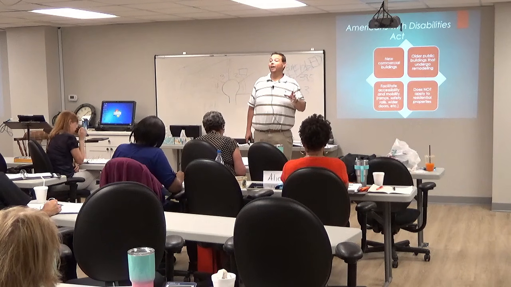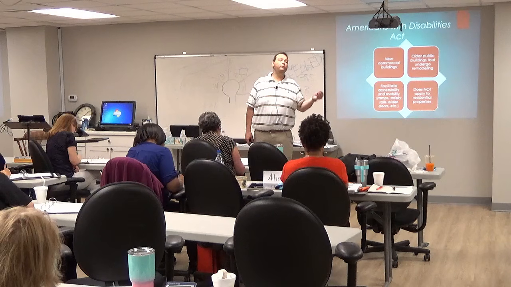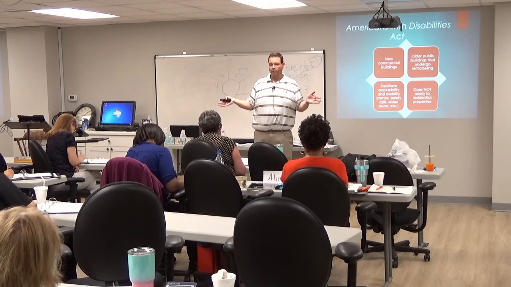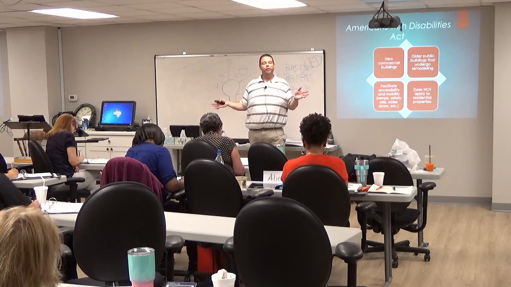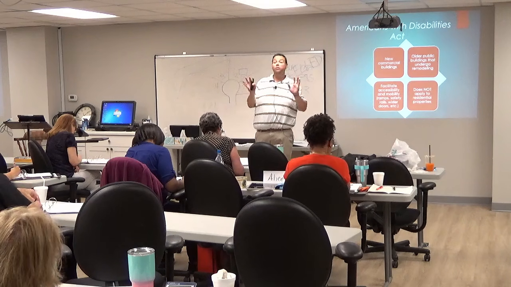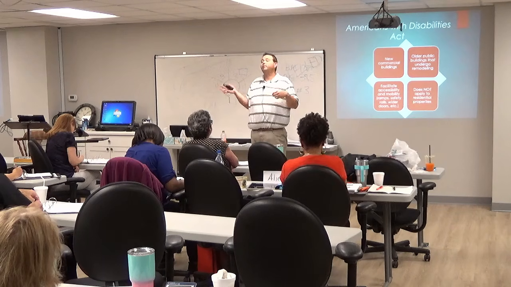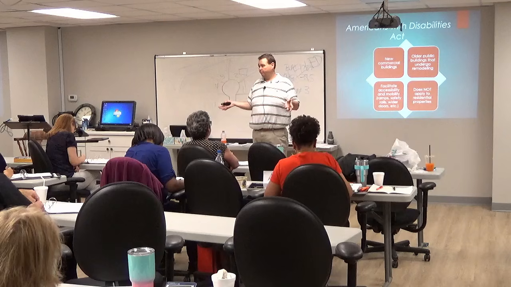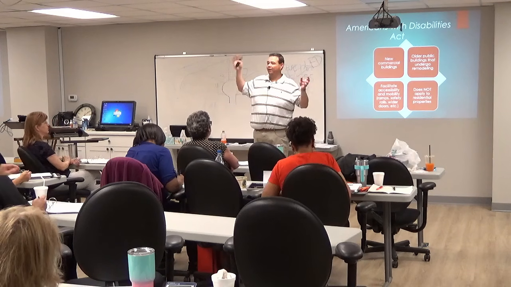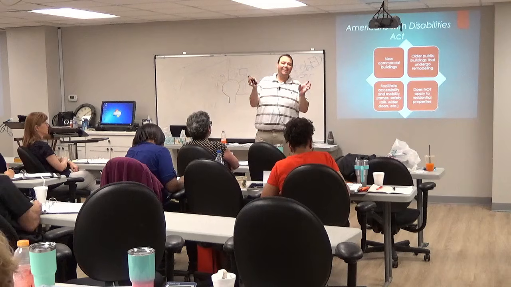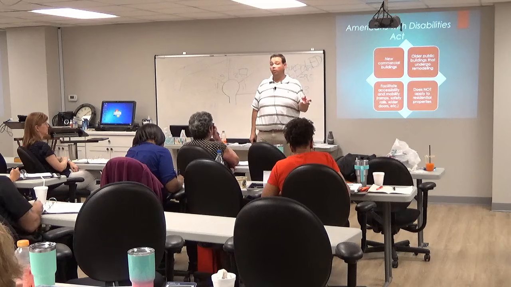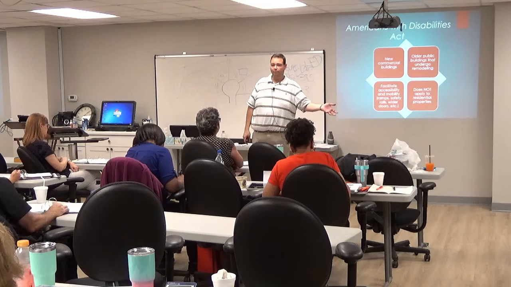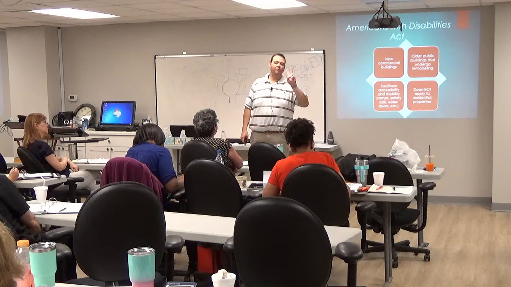The ADA defines service animals as two species of animal: dogs and miniature horses. So you can restrict to those two species. Do you have to allow a service cat? No. You don't have to allow a service rat or bat or snake or any of that in an ADA facility, in a public facility. But if somebody shows up with a dog and they say, this is my service animal, you are allowed to ask two questions and only two questions.